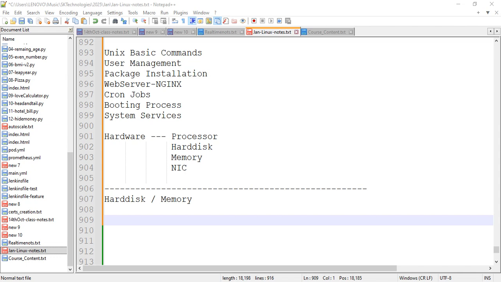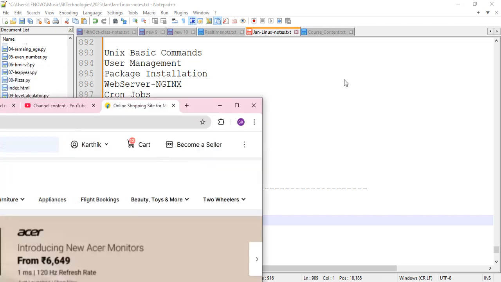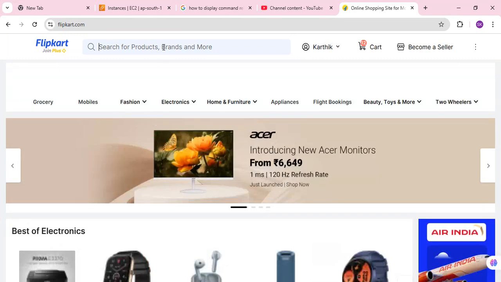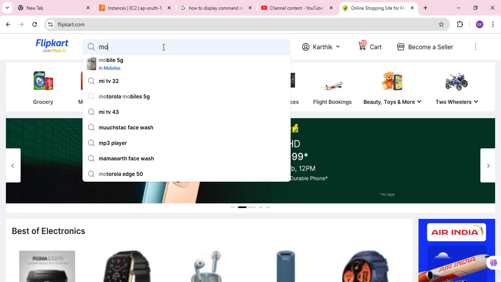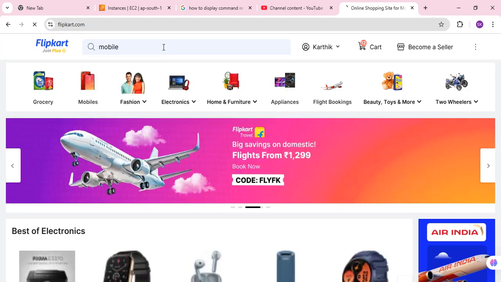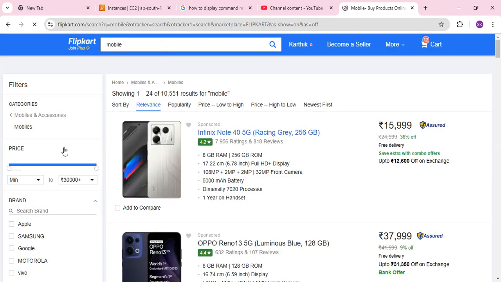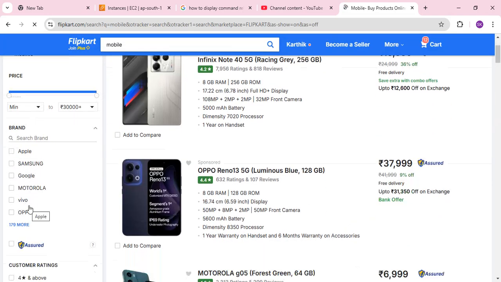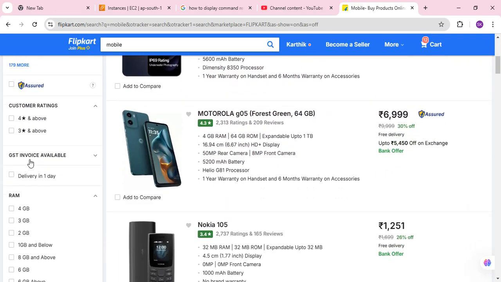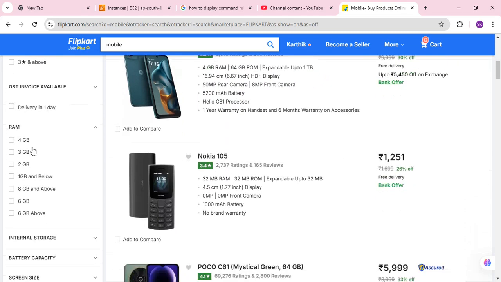The moment you open Flipkart, this is the home page. Then I am simply typing mobile. Then on the left side, see brand. These are the filters, right? Which brand you are looking for, and ratings based on the ratings. And see here,